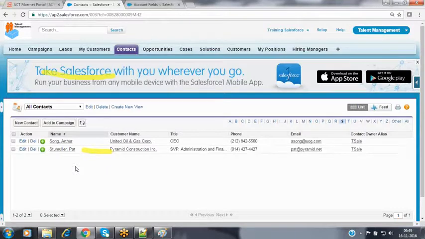Then how do we know this is not master detail? Whenever I try to create a roll-up summary field on the account object, it populates only the opportunity, not the contact here. If it were a master detail association, it would show the contact object also inside that summarized object field. But it populates only the opportunity. Between opportunity and account there is a master detail association, and between account and contact we have a lookup association over here.